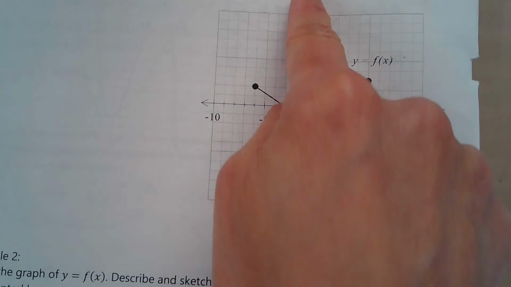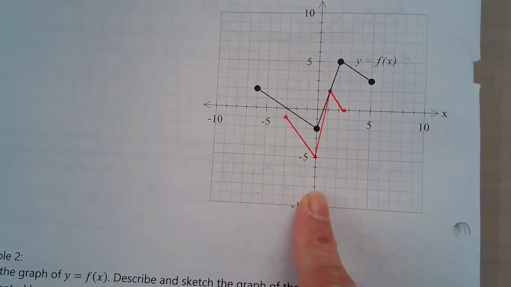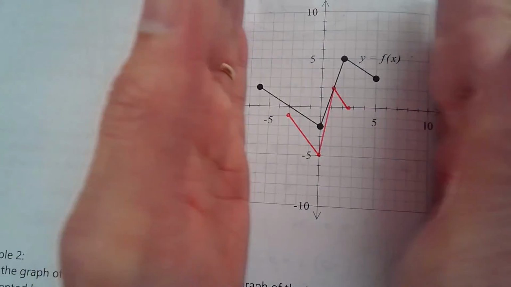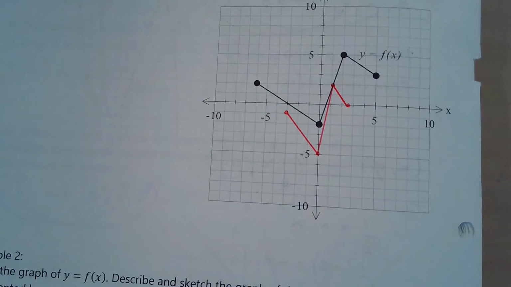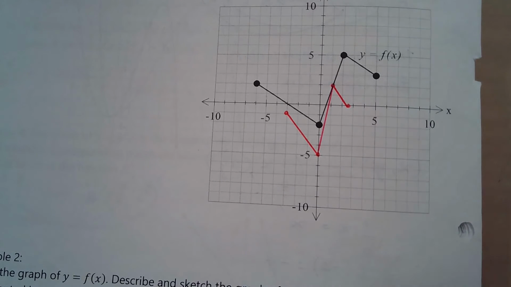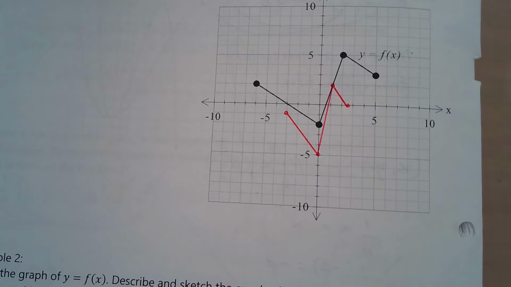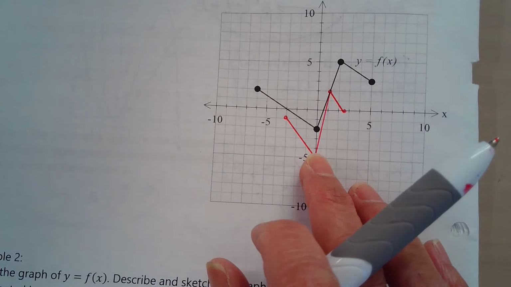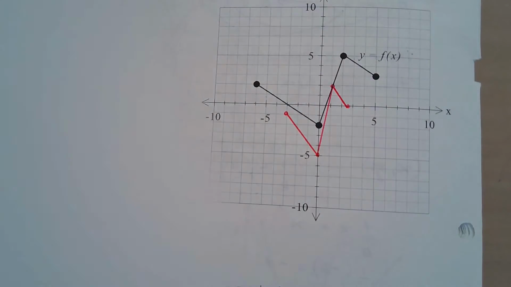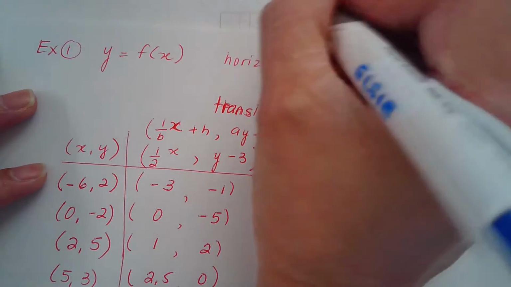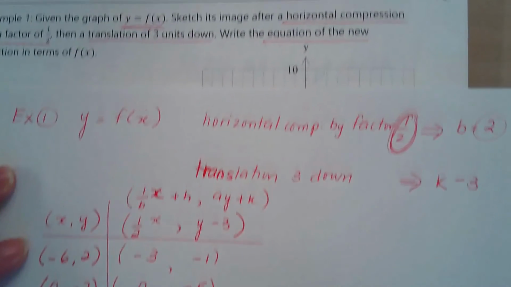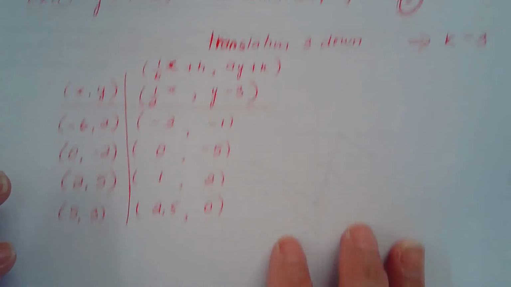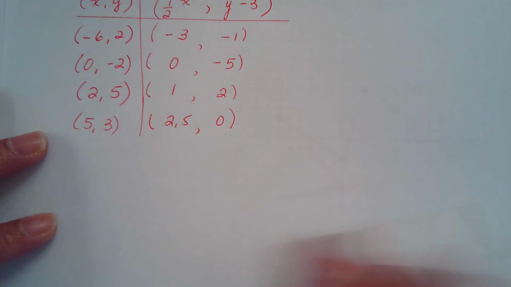So the y stays put and it got compressed horizontally and then shifted down 3 units. Okay, is that good? Any questions there? So those are the new points. Now the next thing that we're going to do is just write the equation of the new function in terms of that. So the new equation